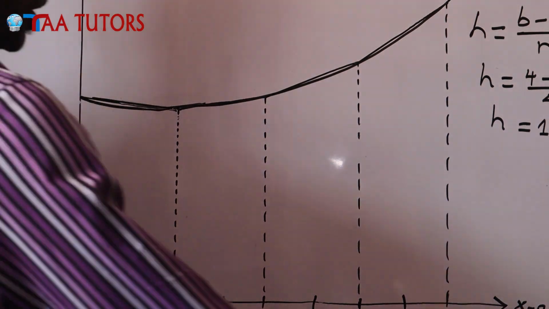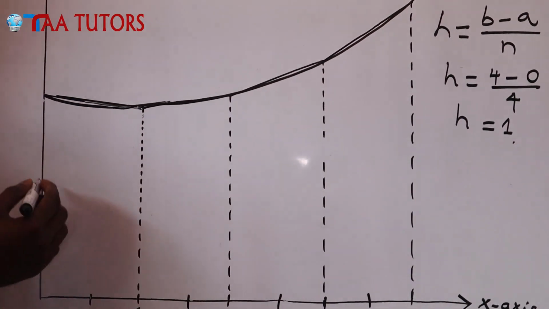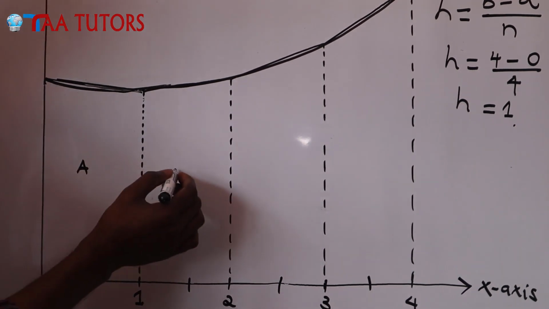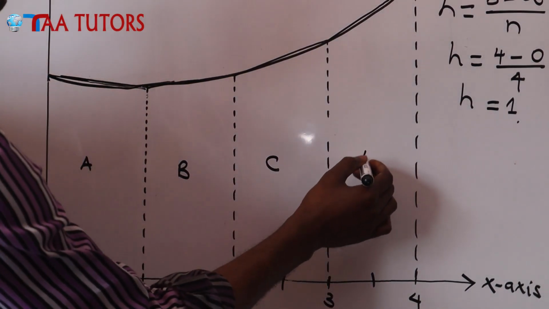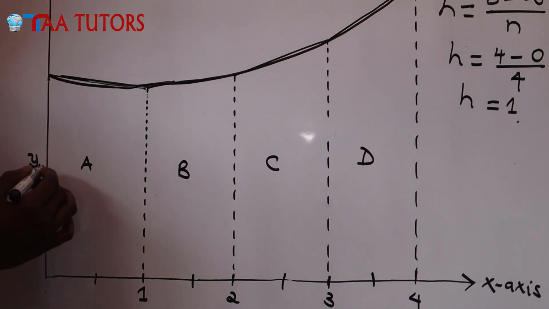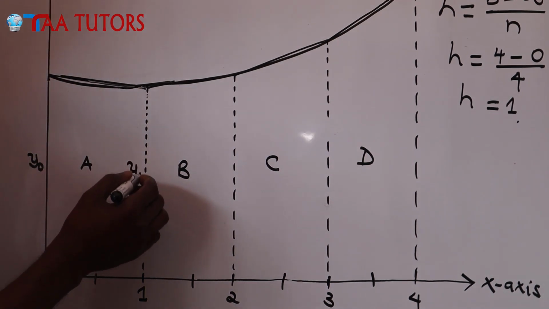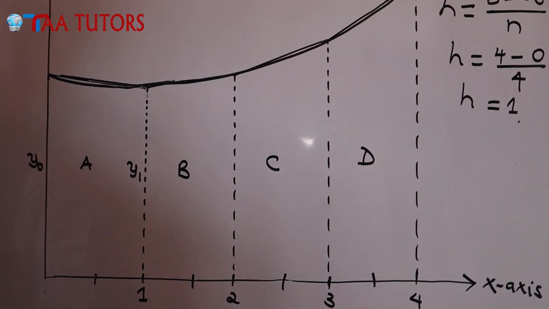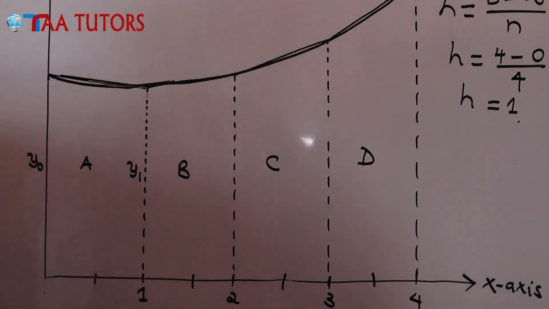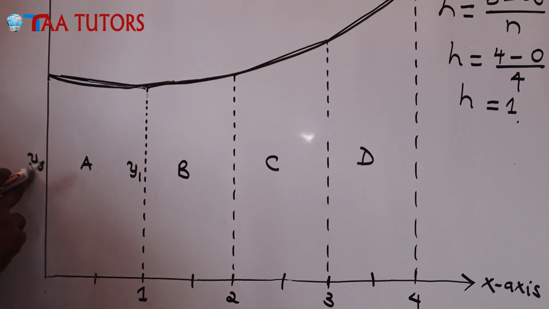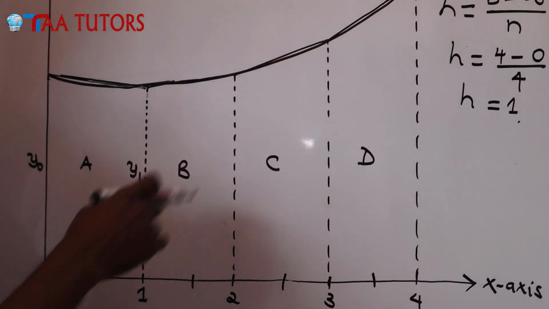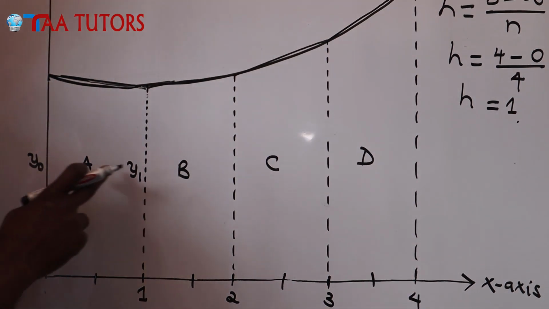Now that we have the h here, we are going to label the first line. This is trapezium A, B, C, and D. We'll say that for trapezium A, this is y0, this is y1. You can start from y1; that's your decision as someone who's working. These are things that are put to guide you, but once you understand what you're supposed to do, this should not bother you. You can put anything here, maybe even y negative 1. But we'll start with y0, y1,